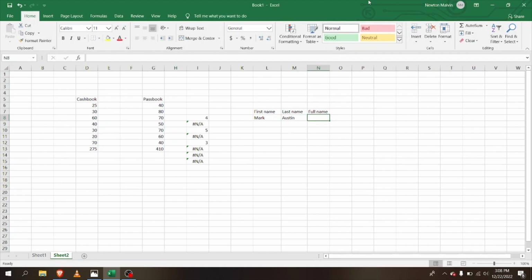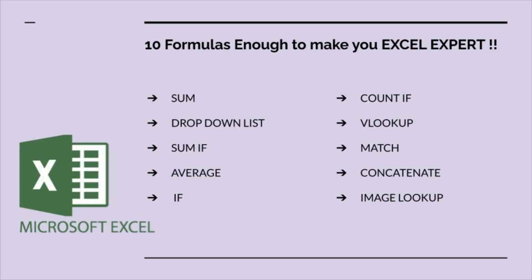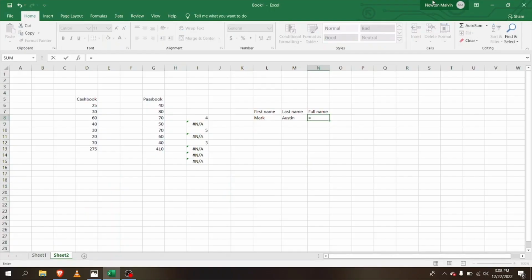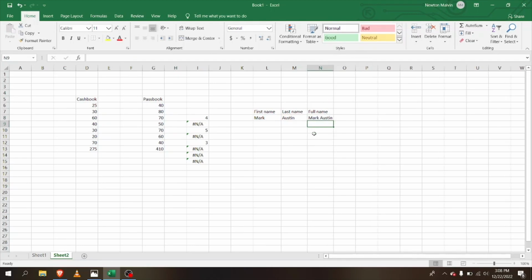Now here we're going to apply the CONCATENATE. Okay, so here just CONCATENATE and then apply the bracket inside. Text 1 is going to be Mark, and then apply the bracket. The text 2 is going to be Austin. Now if I press enter, you see there's Mark Austin. Okay, so that's how you show the full name. Okay, and the next one is